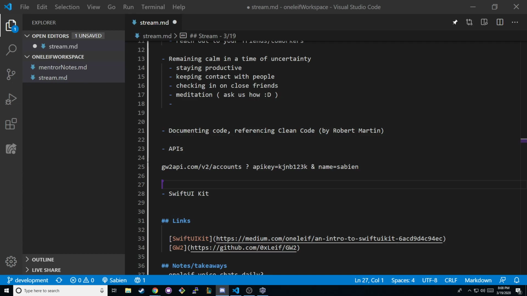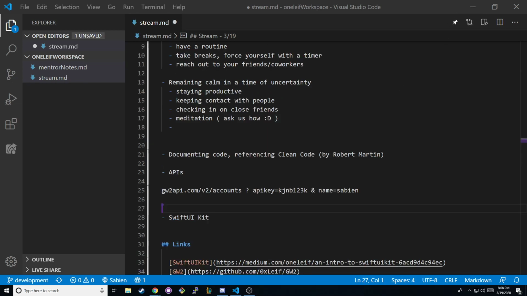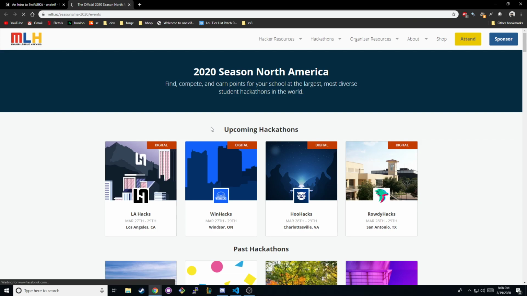So that being said, I think there's currently 4 that are listed in North America, at least under the MLH website, which was shared last time. I'm going to post this again on the resources section. But for anyone looking to have that project development environment and work towards something in a very fast paced process,